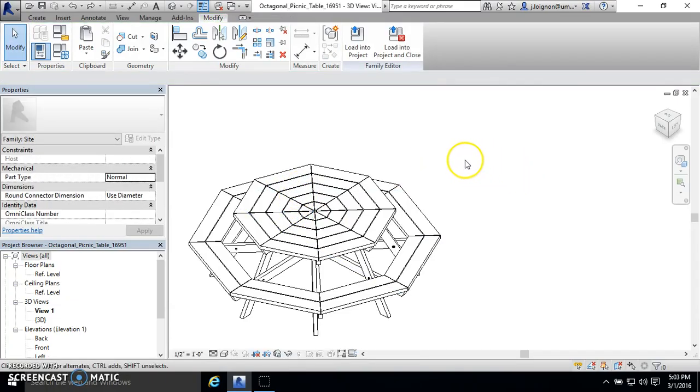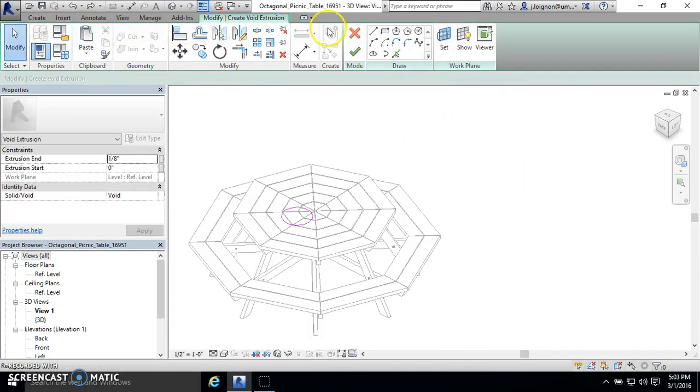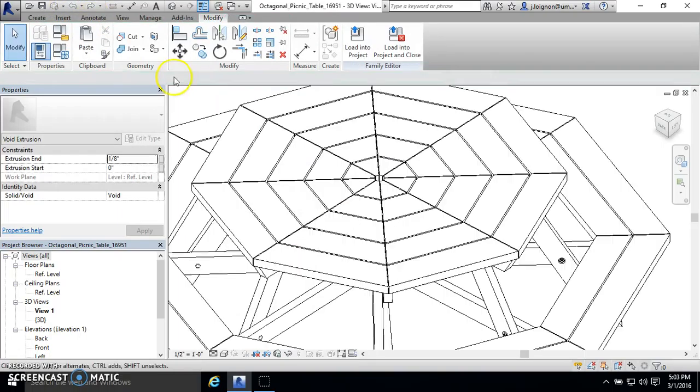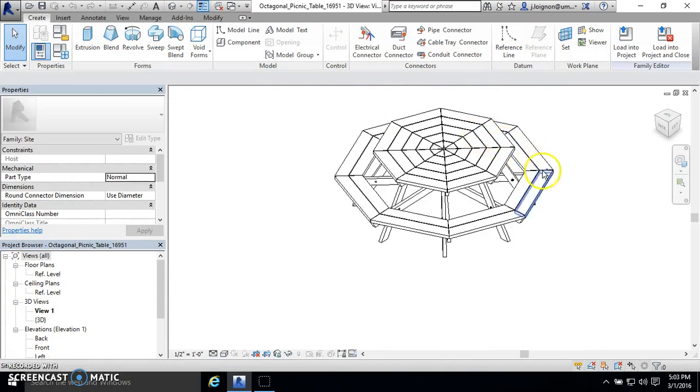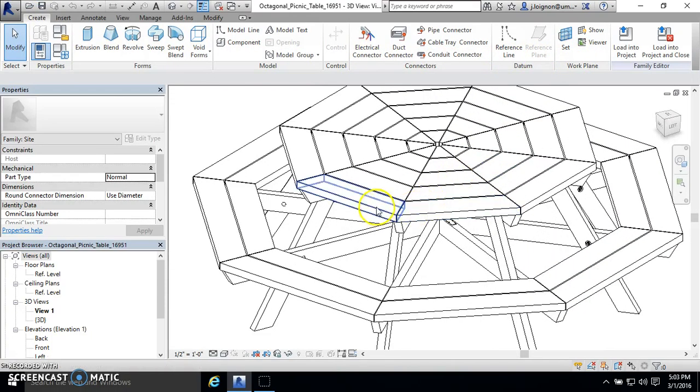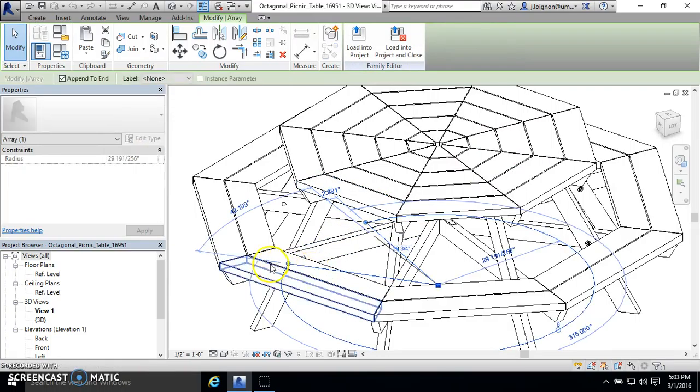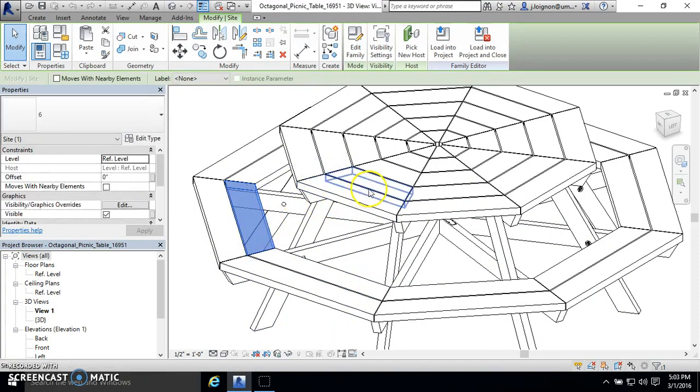Yeah, it's not cut through anything. Let's see if they have a vertical void. No. But what I can do is actually click on this. So you can see that this is 6, this one's 7, 5. So if I click on 5,